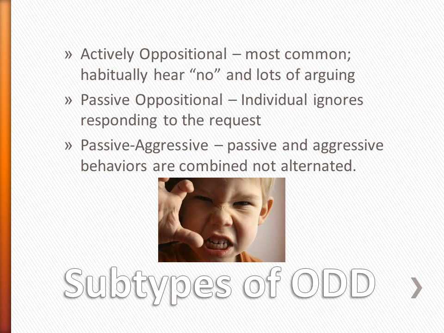There are 3 subtypes of ODD. The first one is actively oppositional. It's the most common one that we see. In this subtype, we habitually hear the word no and lots of arguing. The child will also come up with lots of creative excuses and ends up doing exactly the opposite of what was asked. The passive oppositional subtype is where the individual will ignore responding to the request or delay acknowledging a